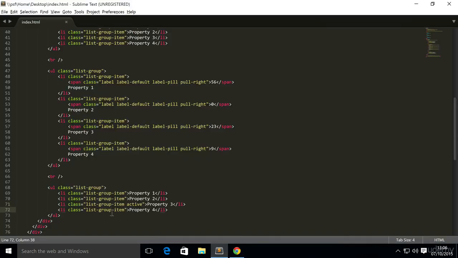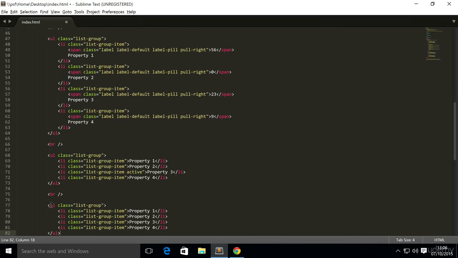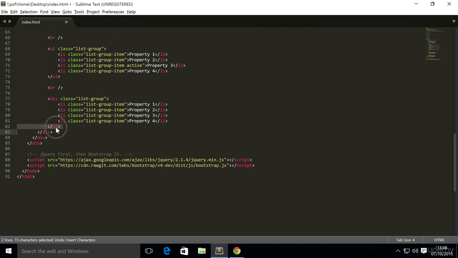The next feature we're going to show you is button items, and to do this, I'm just going to copy and paste again. I'm just going to change this to a div, change this to a div, and what we're going to do is change this to button. We need a type of button, copy and paste this. Everything else in the opening tag can remain the same because we still need the classes. We just need to change this to button,